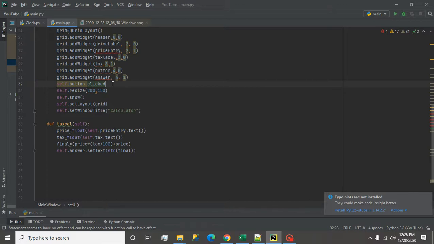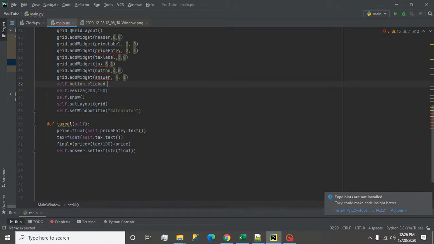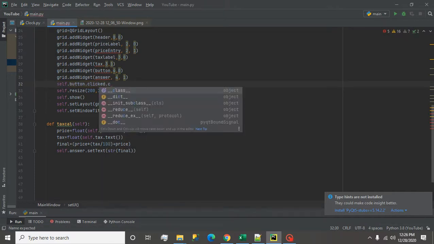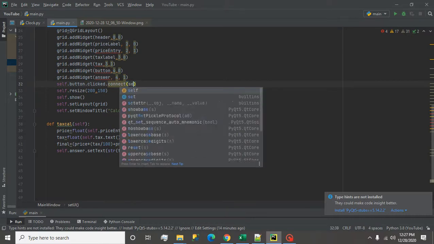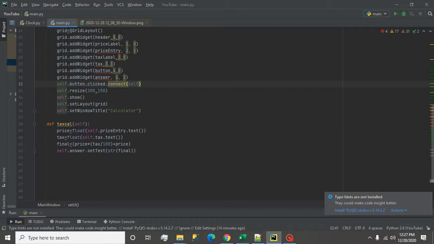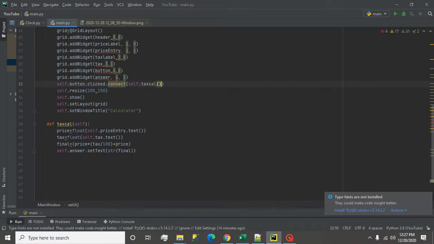My keyboard is not working well here. So I write connect, and I pass the method which we have created. So I write self dot text cal, and remove these two.